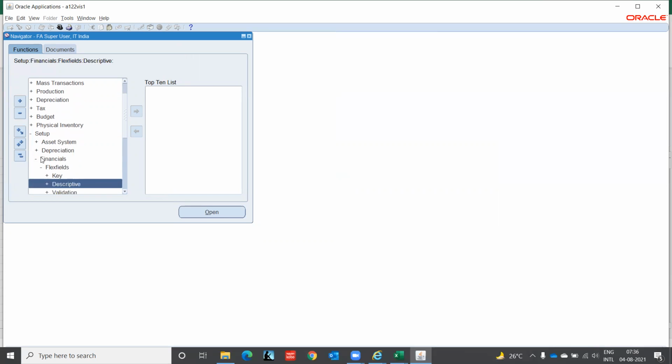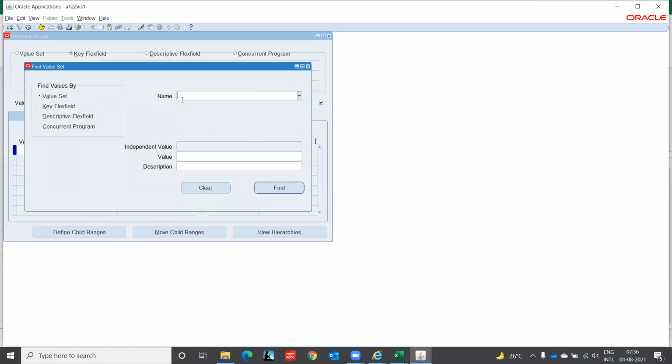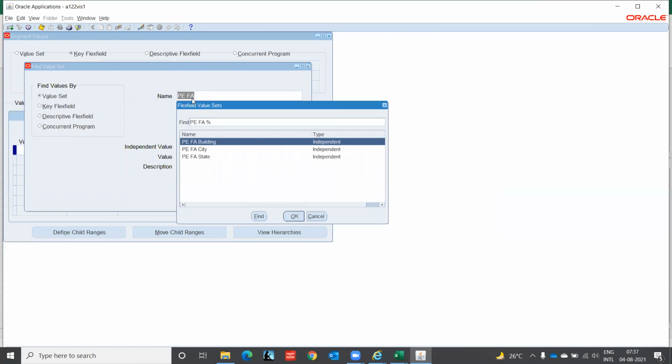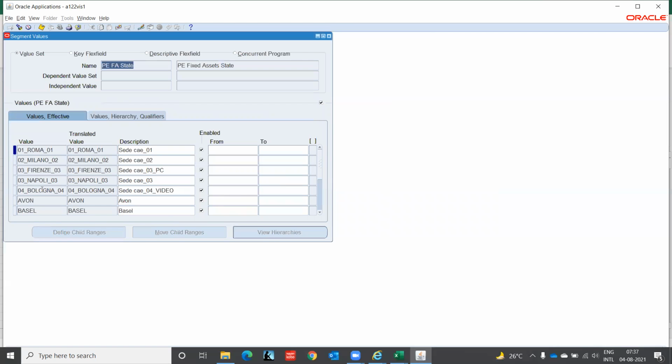That's key values. Country, we have the values for India. Under the state, we update the value. Under the state, we add